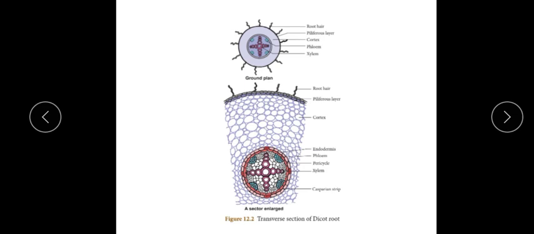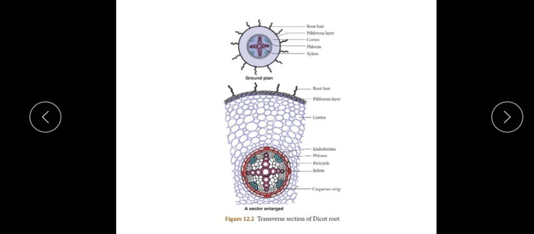Okay, first an outer layer. You can see the outermost layer is called the epiblemma. The word epi refers to outer. It is a single layer, and in this single layer we don't have the cuticle or stomata. Again, recollect what you learnt in your 9th standard. Stomata help in gaseous exchange as well as in transpiration, which is totally absent in the case of roots. I am discussing the roots for you.